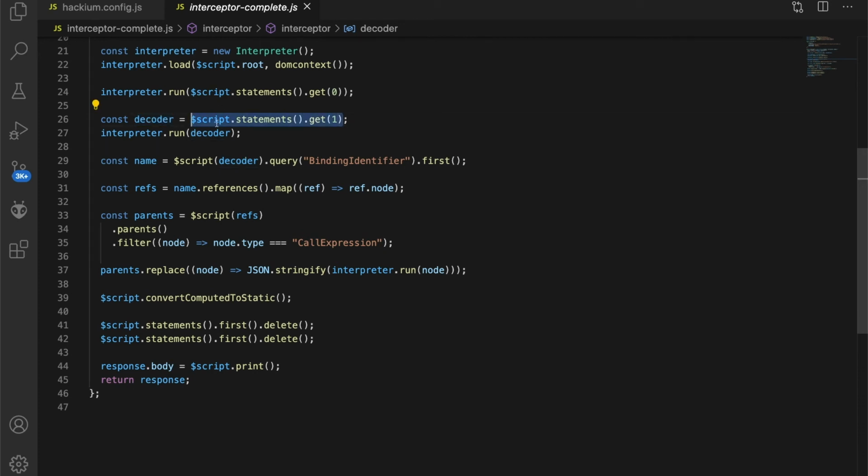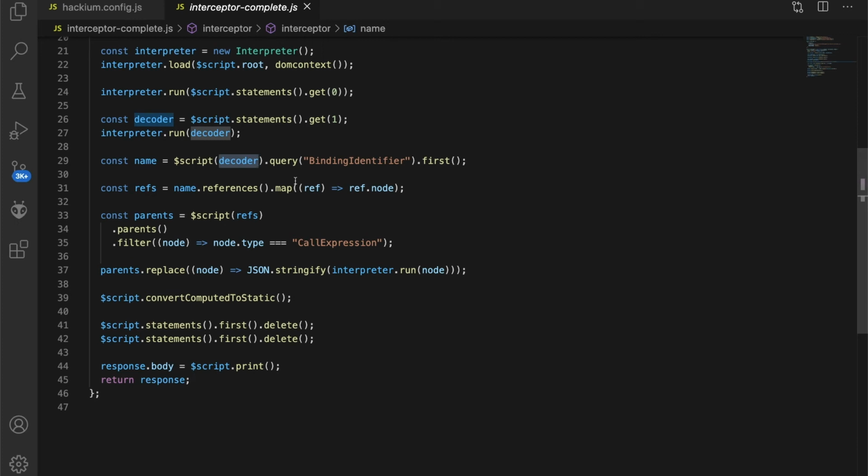Rather than run it directly, we're going to assign it to a variable so we can play with it later. And we're going to run that decoder statement, which is a variable declaration statement that assigns a function expression to a variable. Next up, we're going to query the innards of that decoder statement in order to get the first